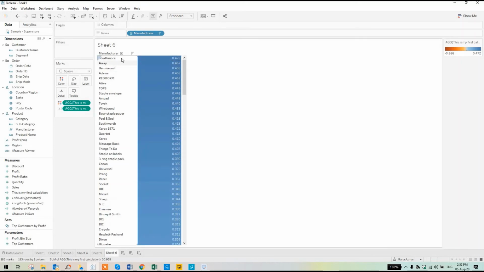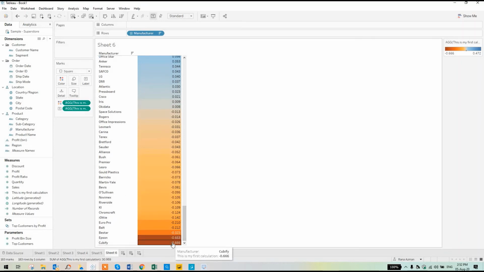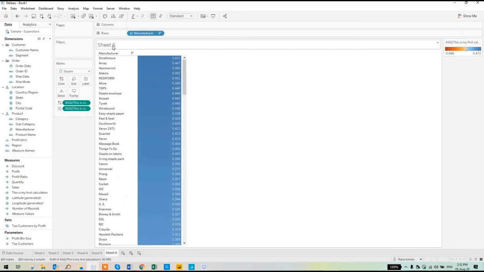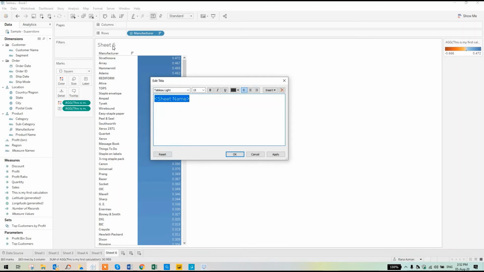It shows that Strathmore has the highest profit ratio, and Cubify has the lowest profit ratio. Since it is a negative value, it is giving us a huge amount of loss. So this is how you do it. Let's name it profit ratio by manufacturer.